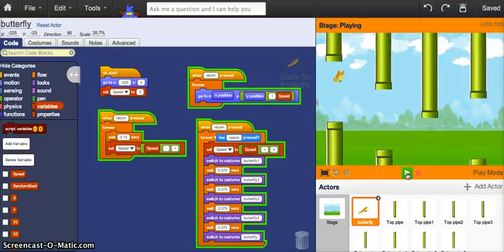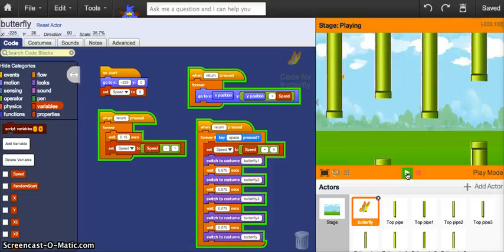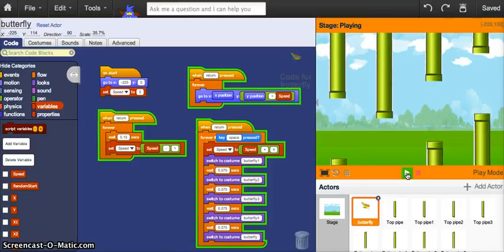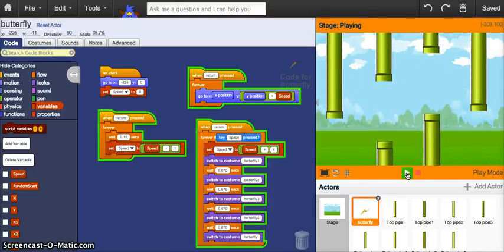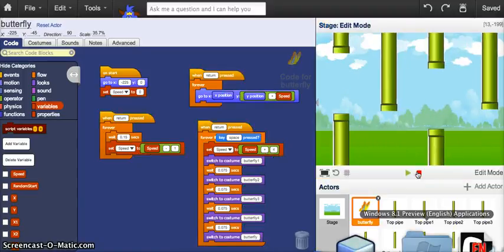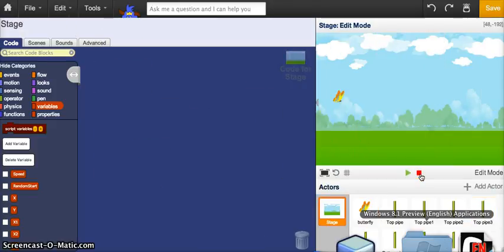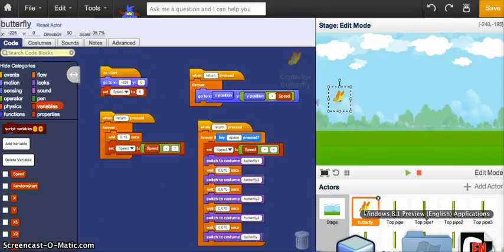And really, we just need to add a little extra code because right now, as you can see, I can fly right through the pipes and nothing really happens. So what I want to do is add some code that stops the game if we run into some of those pipes. So to do this, I'd want to click on, let's stop it there. I want to click on the butterfly and,